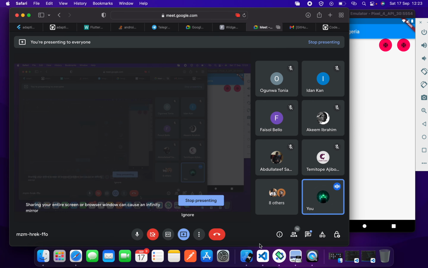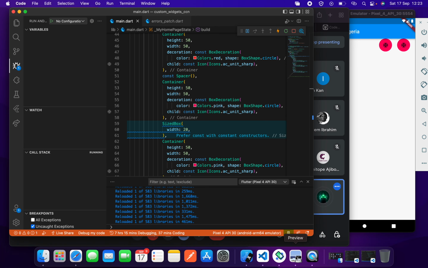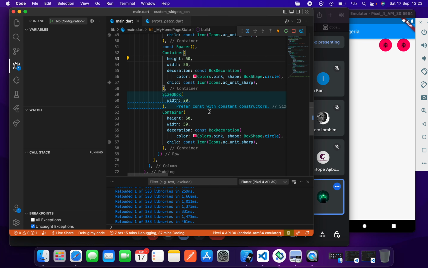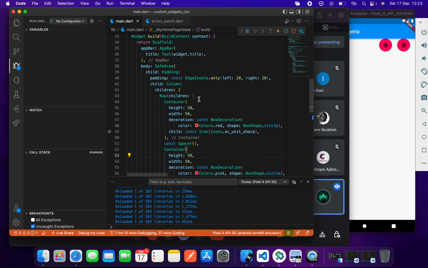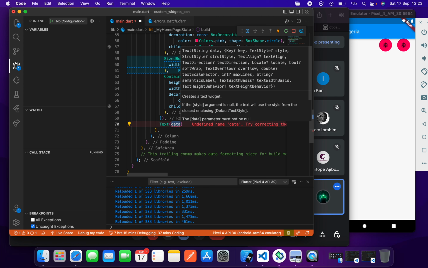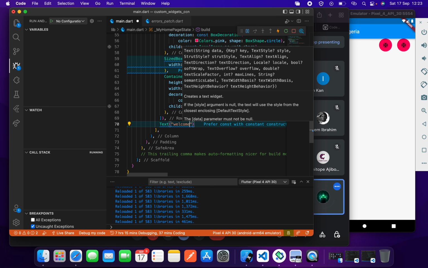So the next thing, I want to be sure that I'm still online. So the next thing we're going to do is this text, both text 1 and 2, and this search button. But let's go with the text first. So the text, remember they're all still in the column. So the text will be here. You can just pass the text widget and write welcome,